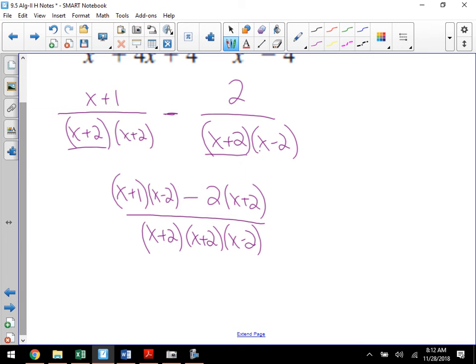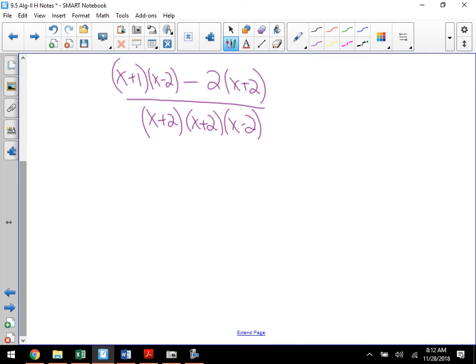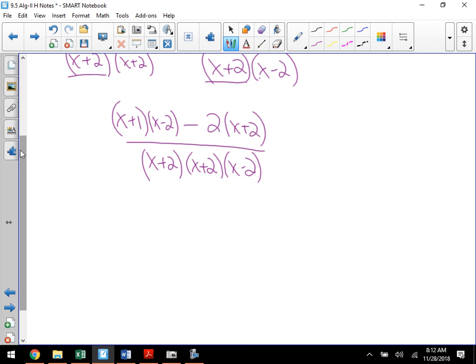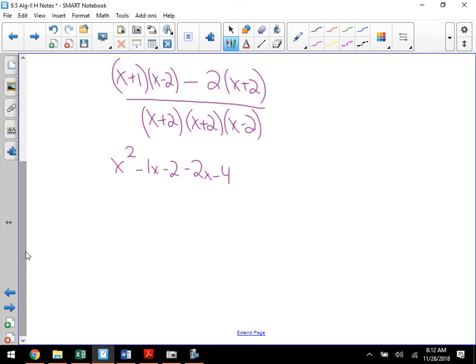So as you FOIL that out, let's see, x squared minus 2x plus 1x is minus 1x, minus 2, minus 2x, minus 4. Because you've got to distribute the negative 2. I'll draw my arrows this time so I don't screw up. And then I just combine my like terms. X squared minus 3x